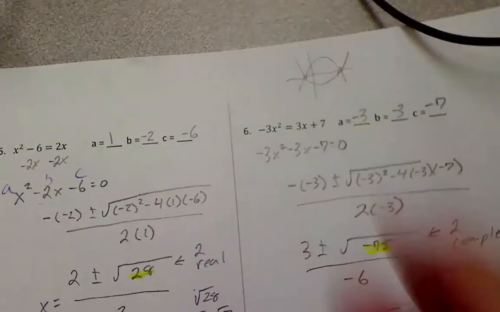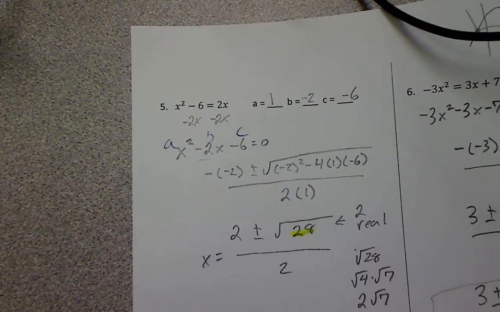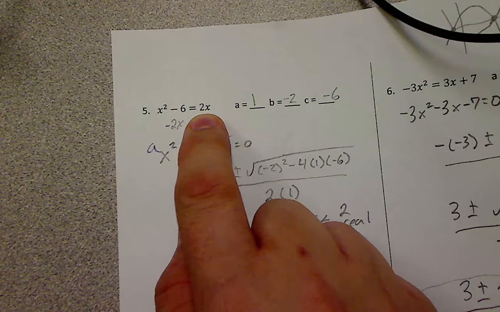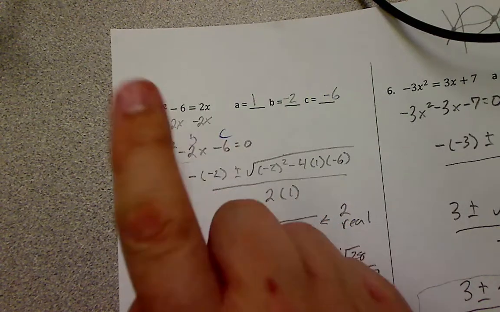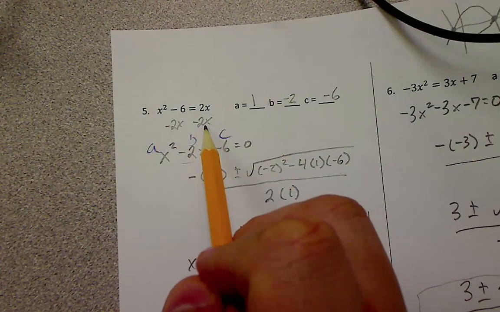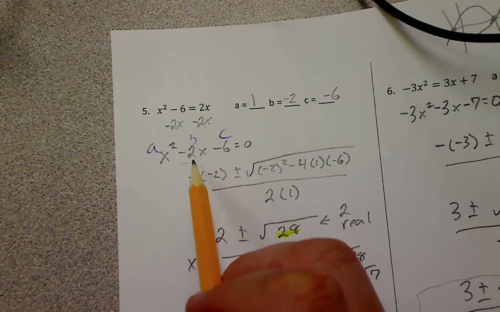Okay, I'm going to reveal. So number 6. First of all, notice how this one said equal to 2x. So it means I have to subtract 2x to this side. Here's the thing you need to know. Make sure when you rewrite it that 2x goes in the middle, because that becomes your b value for the